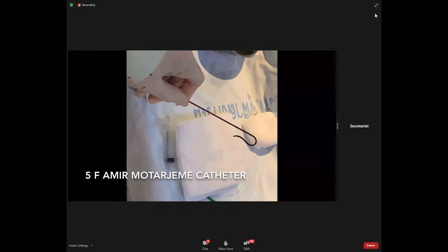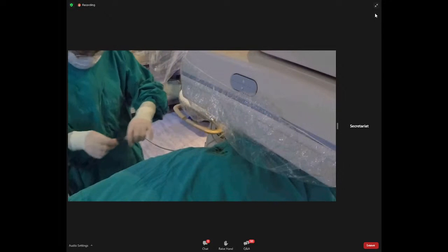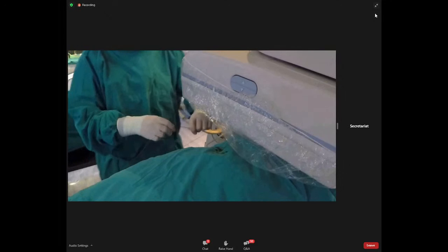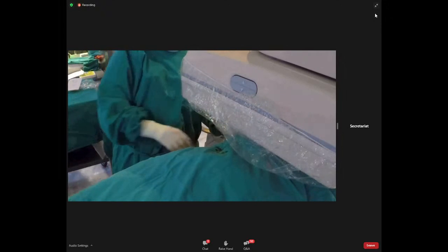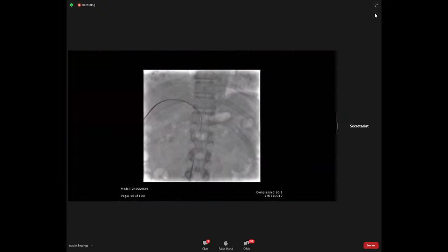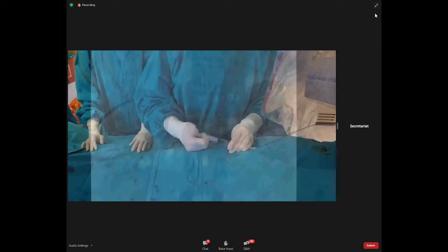My routine catheter for the ipsilateral approach is the 5 French MPA catheter from Merit Medical, which has a narrow reverse curve. The curve has to be formed inside the patient. I usually form the curve at the side branch of the main portal vein or around the splenic bifurcation. After that, I will perform flush portography by hand injection.